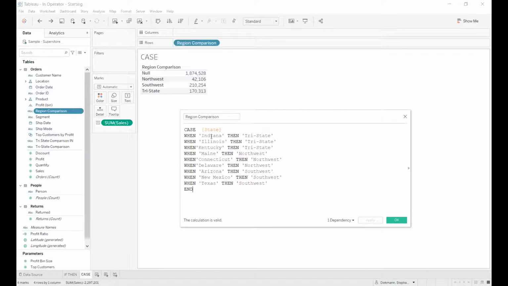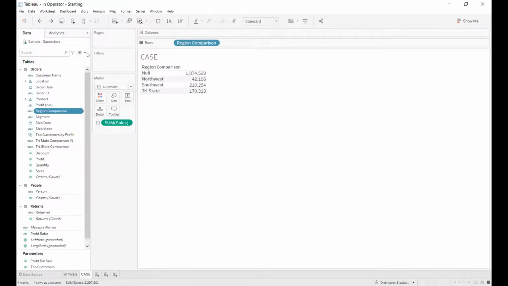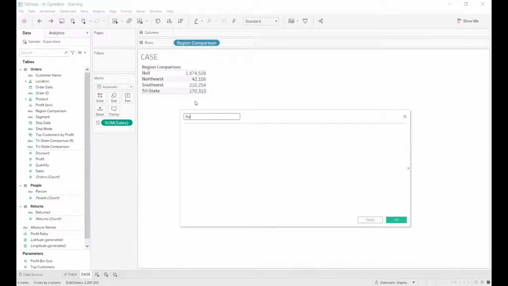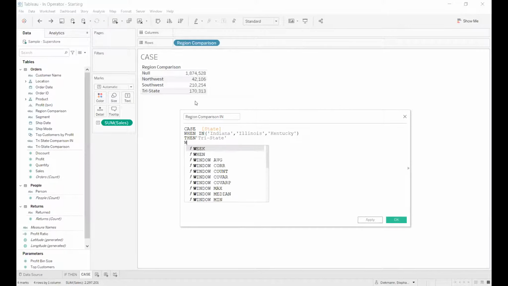So I'm gonna make this a little cleaner, a little more efficient by using the in statement. So I'm gonna create my new field and call it region comparison in. Use my case, state, when, in, and put in my values. And then my next one, Northwest, let's do Maine, Connecticut, and Delaware. And Northwest. And then when, finally, in,